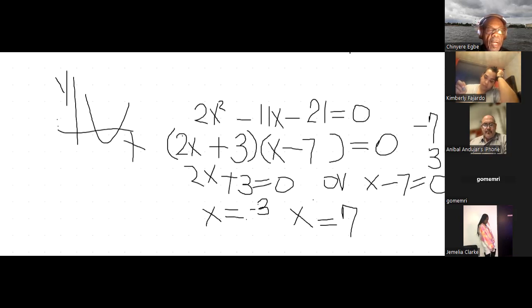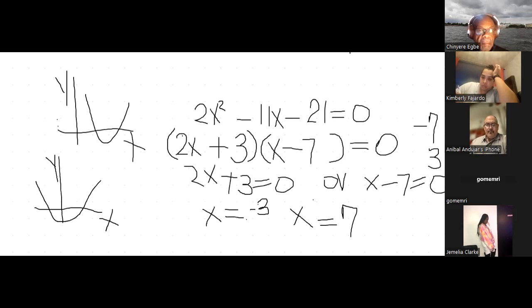what you really have for this problem is something in the neighborhood of either x is a negative 3 or it's a positive 7. So you're looking at a curve or a graph where the quadratic graph comes from the negative side of x into the positive side of x. All right. So this is the kind of graph you're looking at. Okay. So now